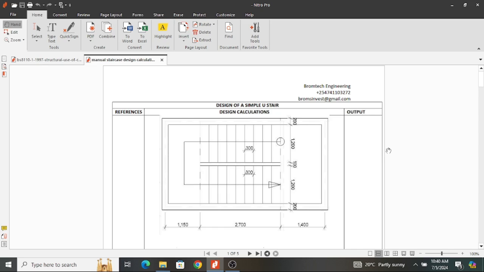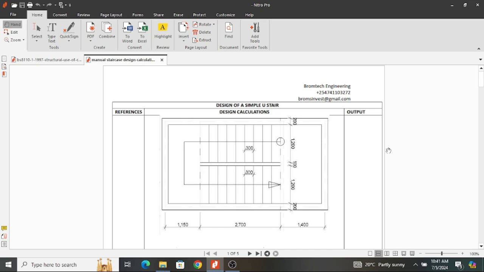Kindly sit tight and be ready to learn on the design of a simple U-step. Today we are dealing with the design of a simple staircase. And a staircase is a structural element that is used to access